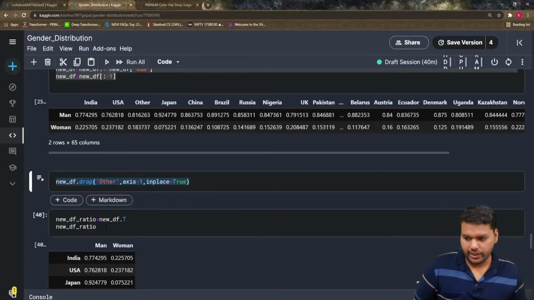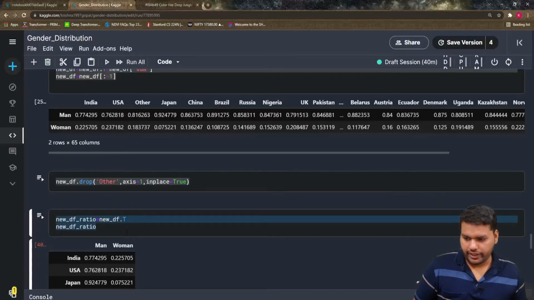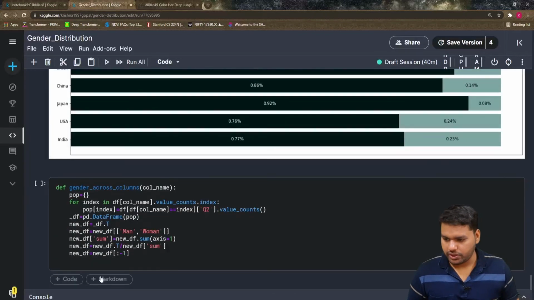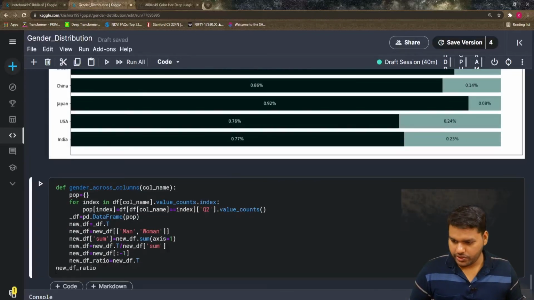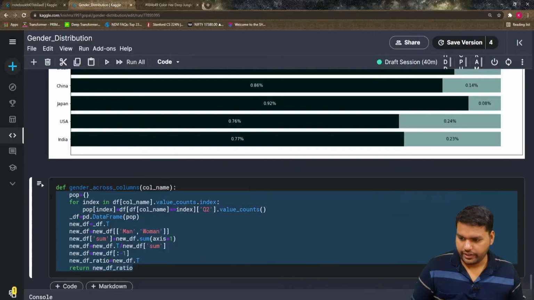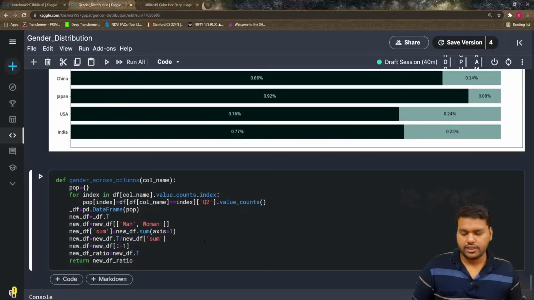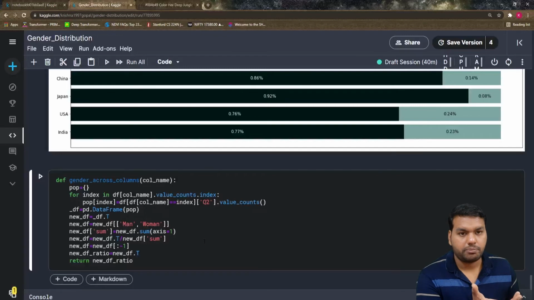So let it be now, keep it, and we will find another solution for this. New df ratio, and this is, I think, return the new df ratio, right? And now this function will give you the ratio data frame.